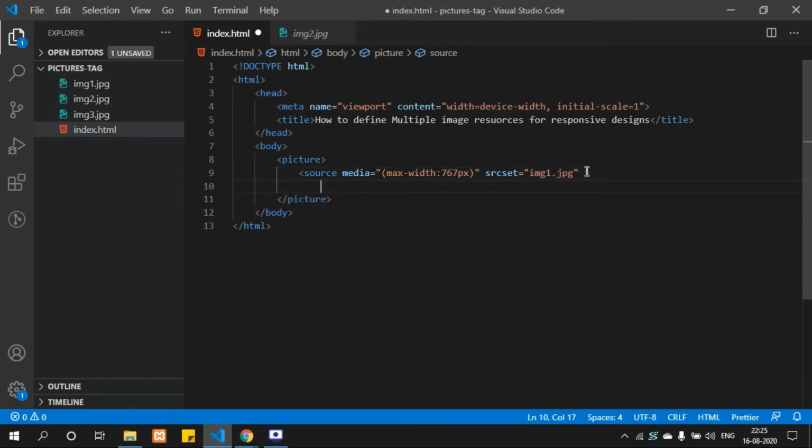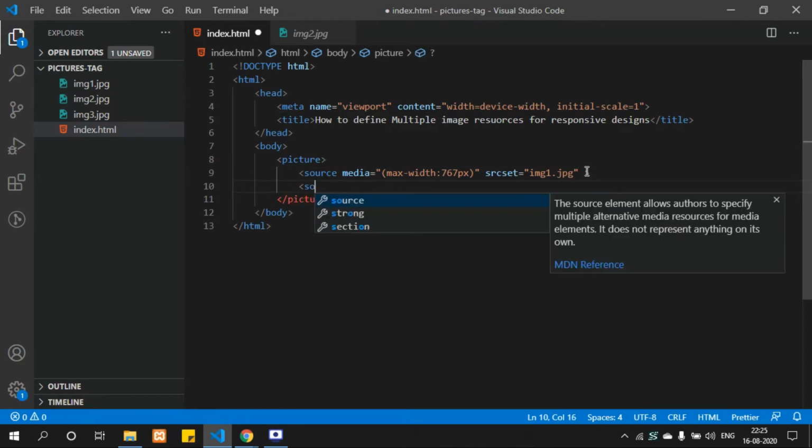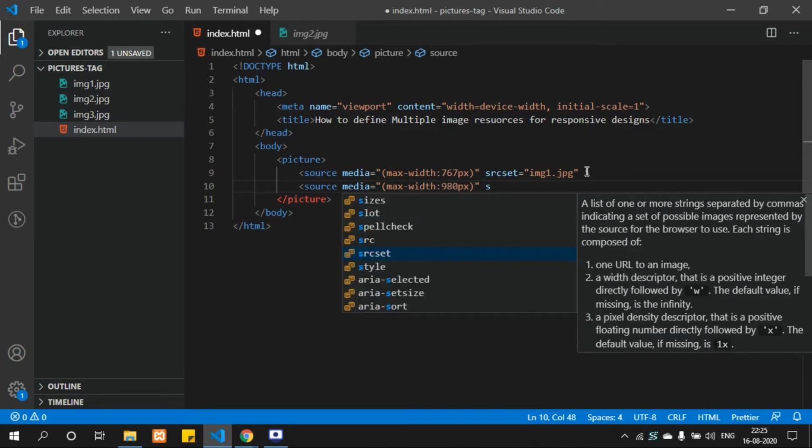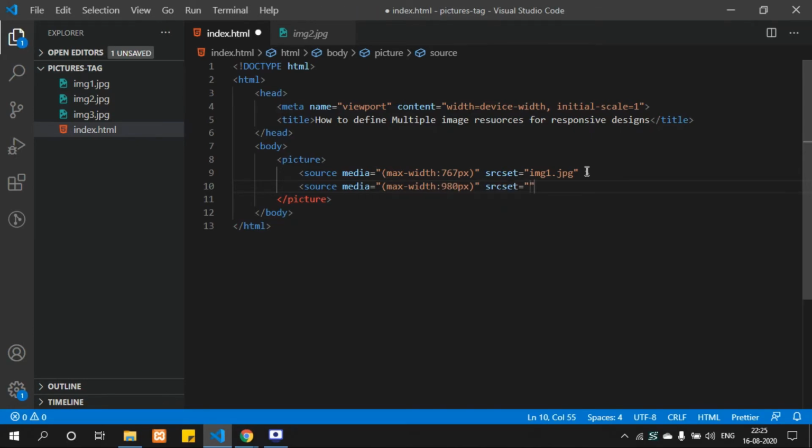Okay, let's define another one. Second image URL. Alright.